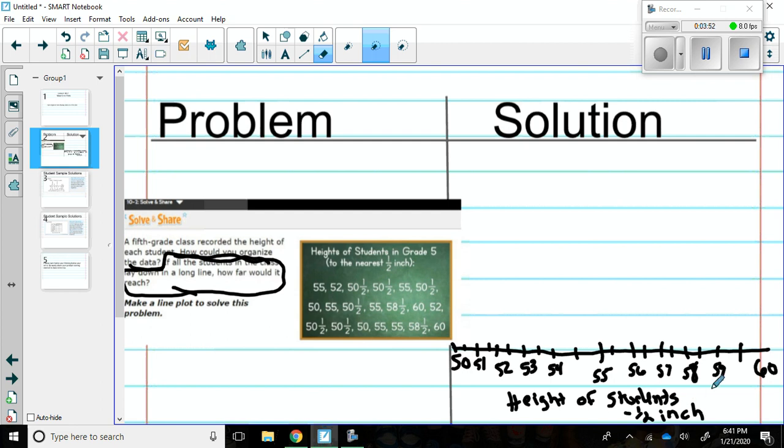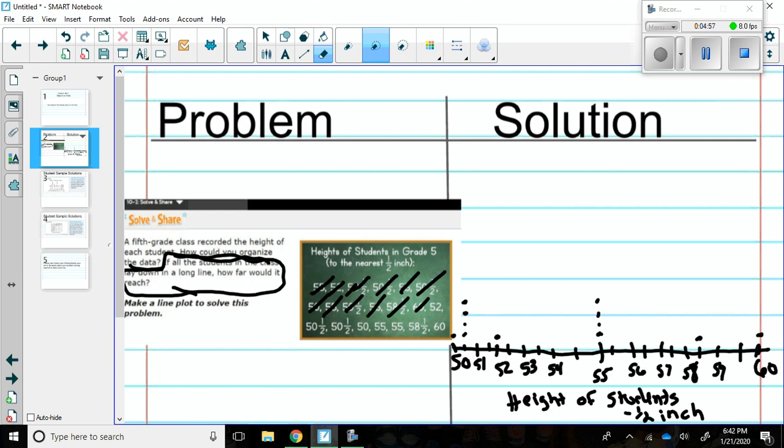Okay, now I need to start doing my plot. So I have the number 55 here. Crossing out each number as I go helps me keep track of what I've measured and what I've collected so far. So I'm going to go through each number. Oh, it's 50 and a half. Oops. Okay, so 50 and a half, be there. Another 50 and a half, 55, another 50 and a half, 50, oops, 55, another 50 and a half, 55, 58 and a half, 60,